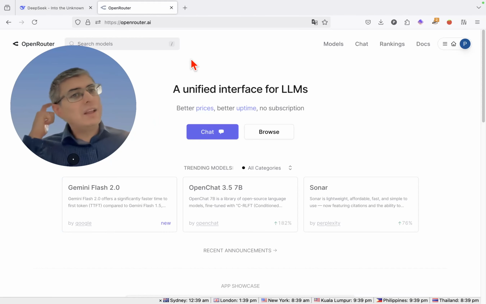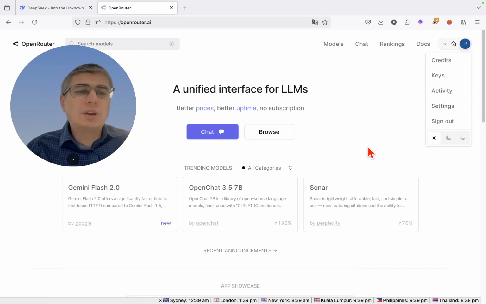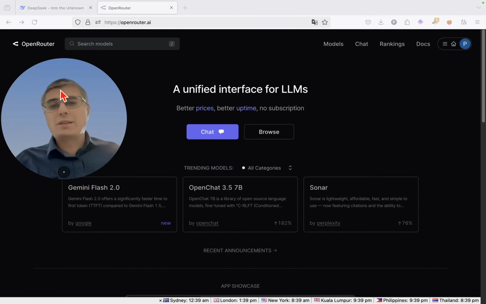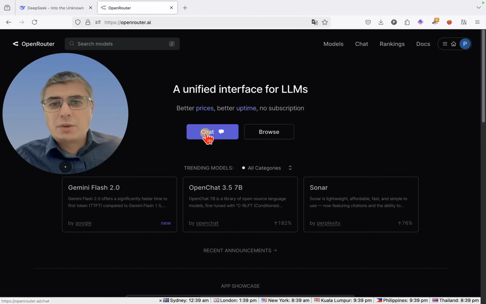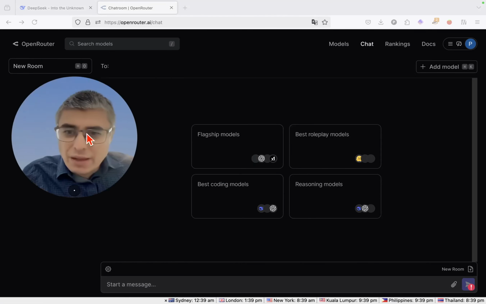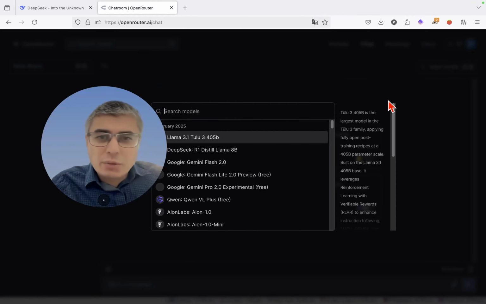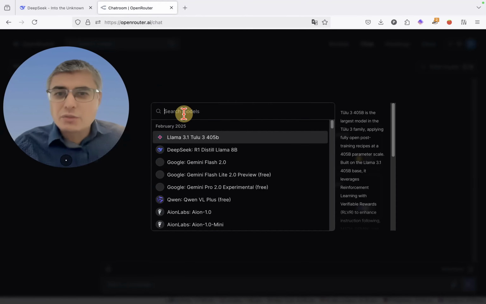After coming here, it's very important you have to log in, okay? Just use your Google account, click on login, and you should be good to go. It's not more complicated than that. And when we click on chat, let's see what happens. You will see we get some answers here, and what you want to do here is to just go here and click on add model, and you can search for DeepSeek,